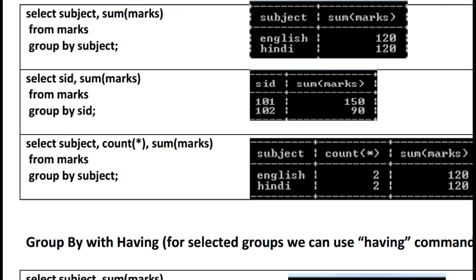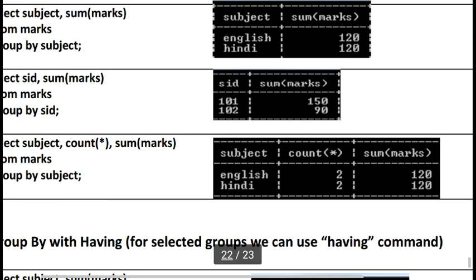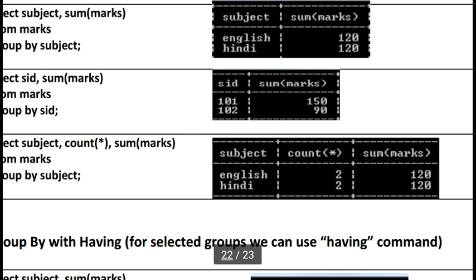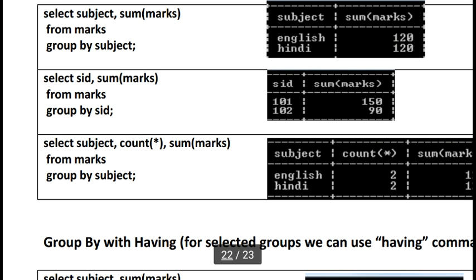Okay, so sum of marks we know very well from marks. Here grouping column is subject. So you can see Hindi and English, English row total is 2, Hindi row is 2, and sum you can see. So with the help of grouping we can summarize all duplicate rows.